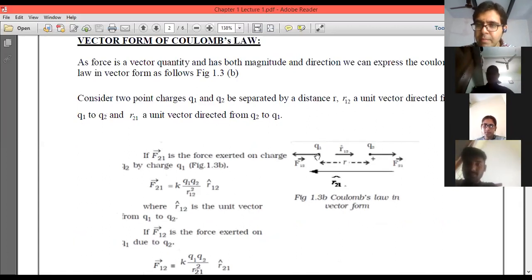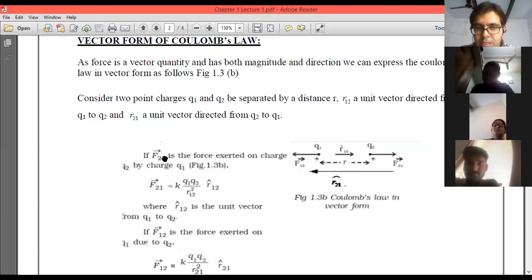We all know this thing, that the unit vector has a magnitude 1. So when we need to express this force in vector form, we just need to multiply its magnitude with some vector, and that vector should not change the magnitude of the force. So for that purpose, we have only a unit vector, because when we multiply this quantity with a unit vector, the value of this quantity remains the same. The only thing that happens is that it gets some direction.